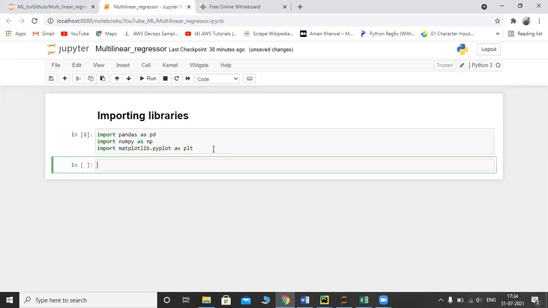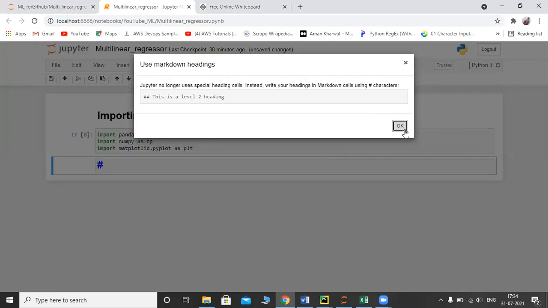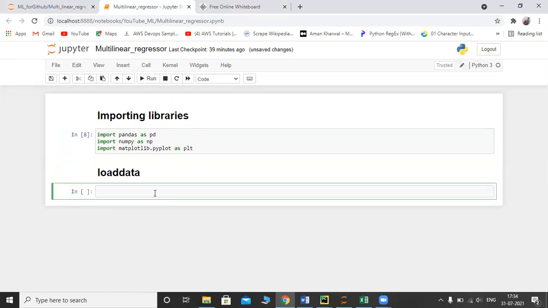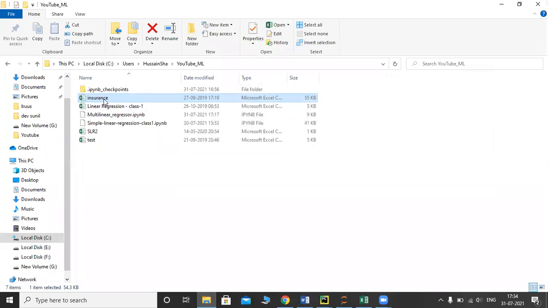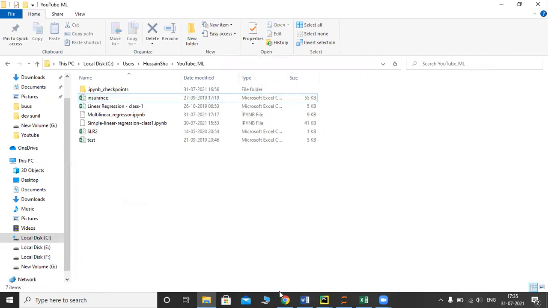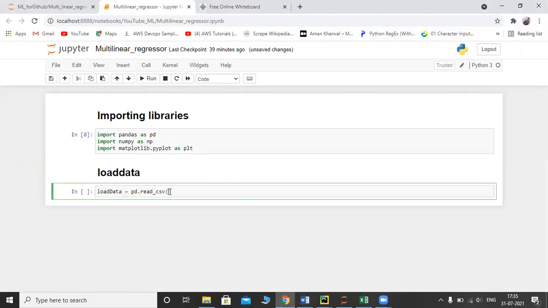After this, I will load the data. I will create one variable called load data, equal to pd dot read underscore csv, and here we need to provide our dataset path. So this is our dataset path.